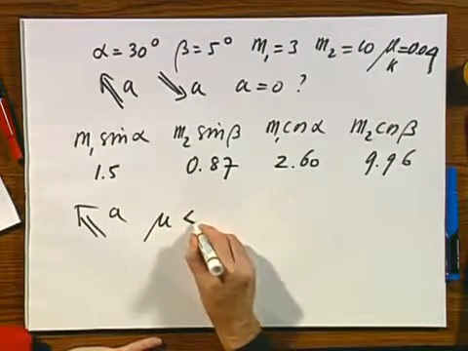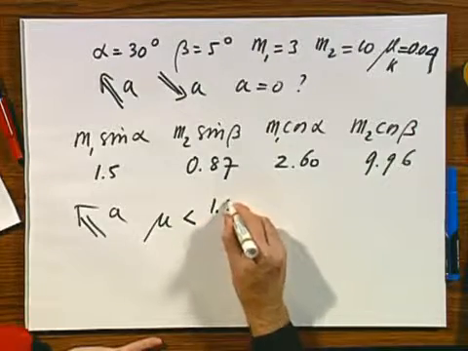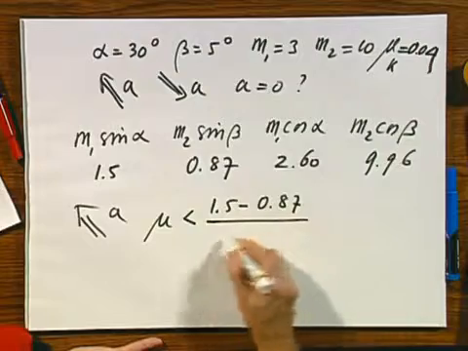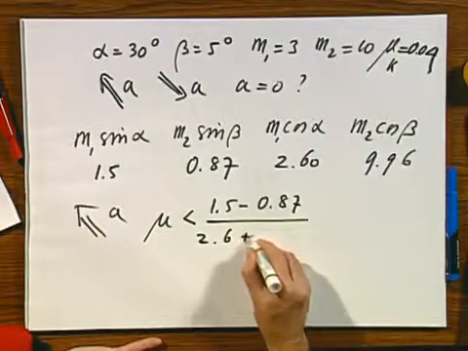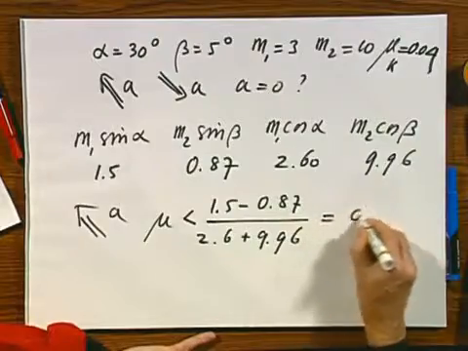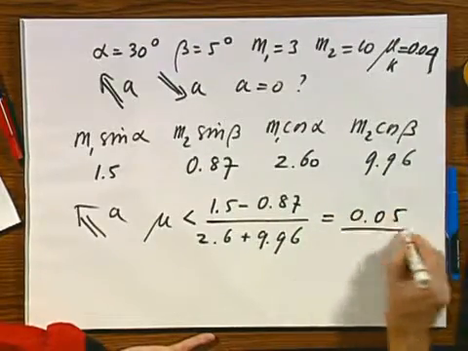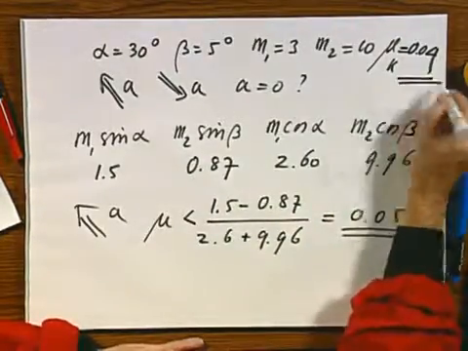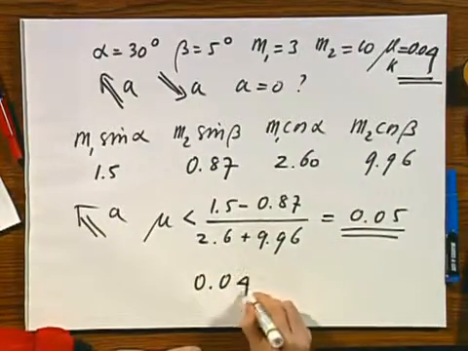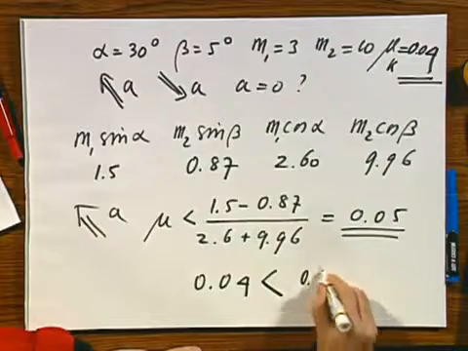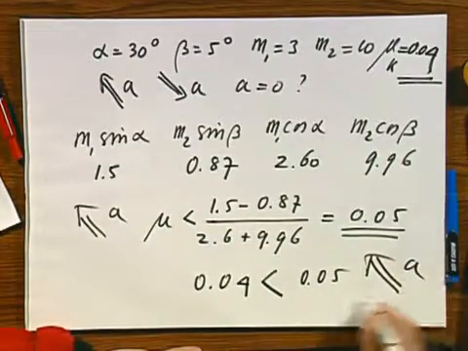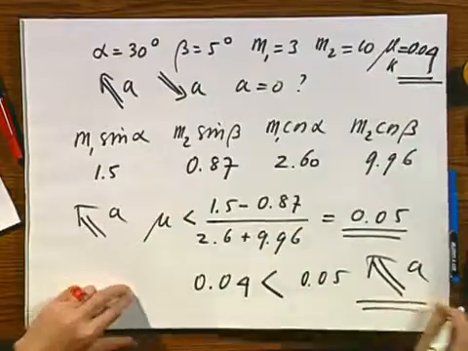In other words, is mu smaller than (1.5 minus 0.7) divided by (2.6 plus 9.96)? And the answer is yes, because this answer is 0.05, and the actual friction coefficient is 0.04, and since 0.04 is indeed smaller than 0.05, the acceleration will be in